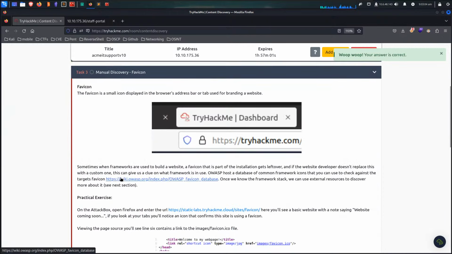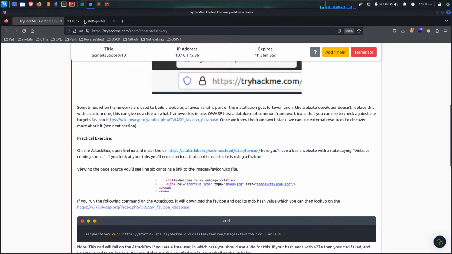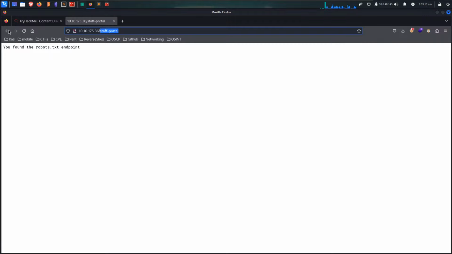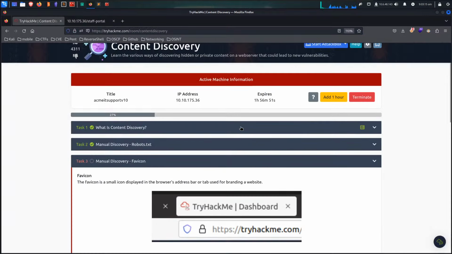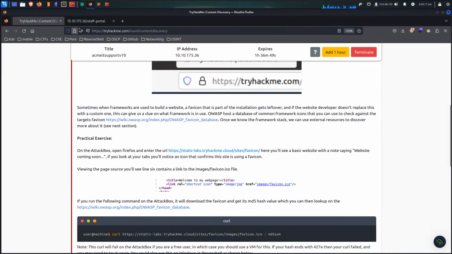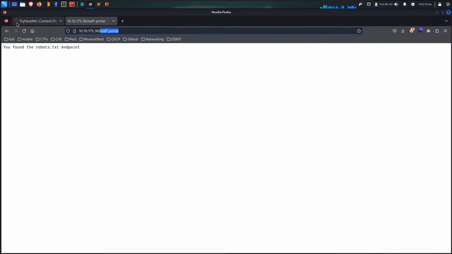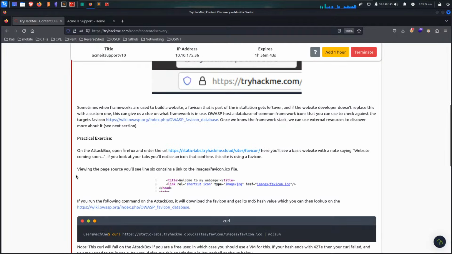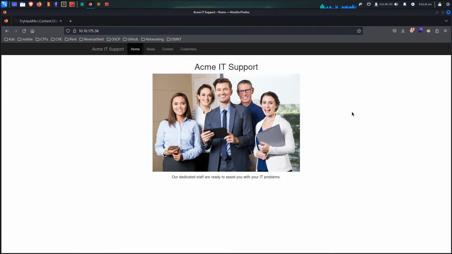Manual discovery, favicon. The favicon is a small icon displayed in the browser's address bar and tab used for branding research, which we see nowhere. I mean, we see it. No, we don't see it here either. Oh, there it is. Okay. Let's go back. And I keep dragging it out. Let's pull it up in